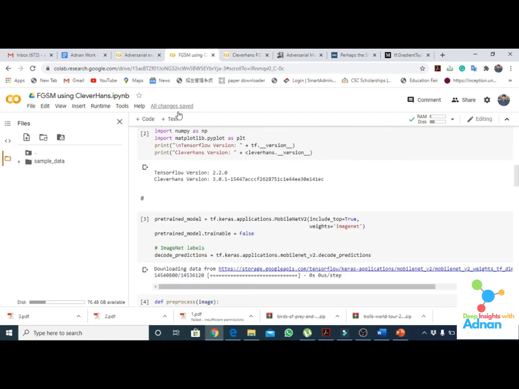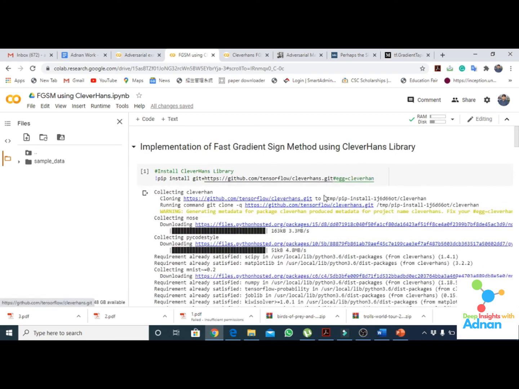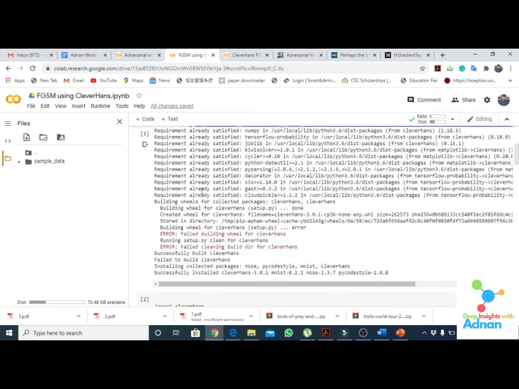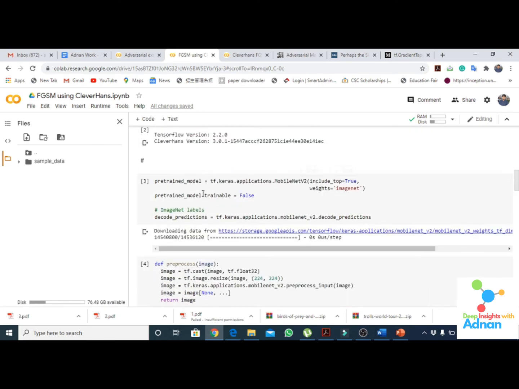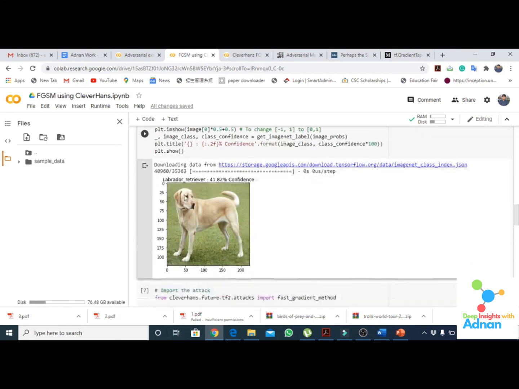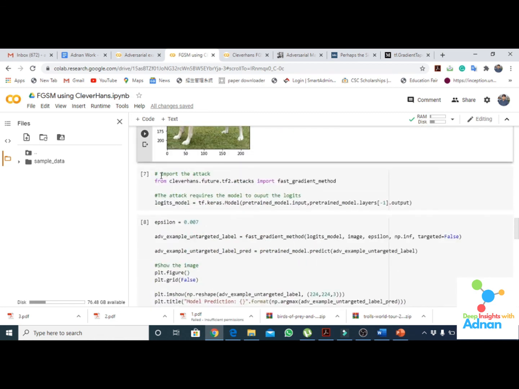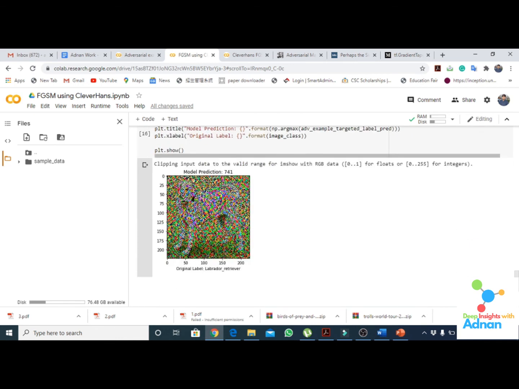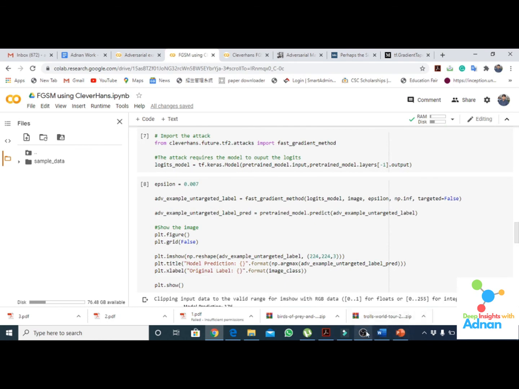So this is all about that, and here I have trained another model using the previous ImageNet using the CleverHans library. All of this is the same, getting the same values and same method, up to here. Where previously I created an image using Python coding, here I have just called the fast gradient method using CleverHans. We can see that we have created these images. So that's all about that.